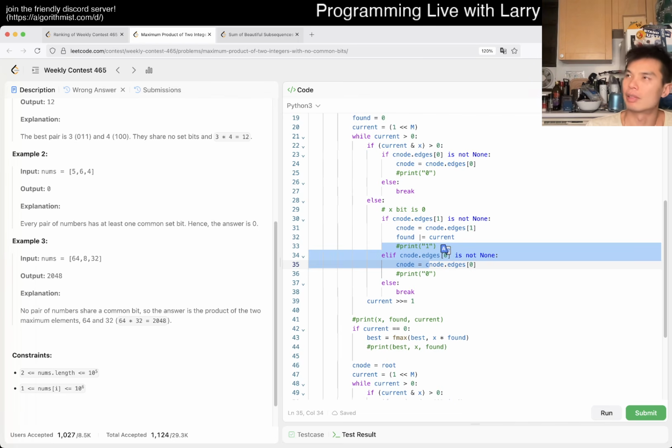Everything before is good, but everything after, right? At least a 0 has to exist, maybe? No. How do I do, in each node